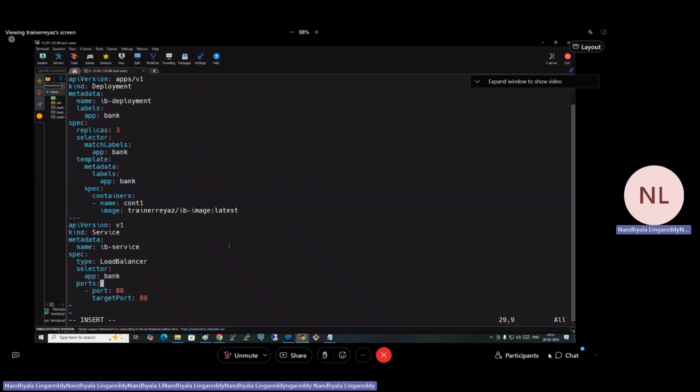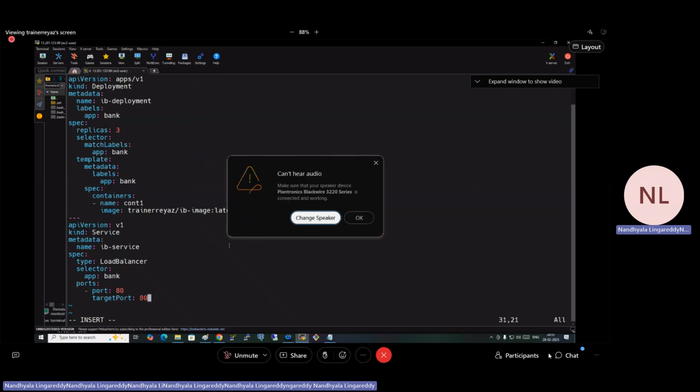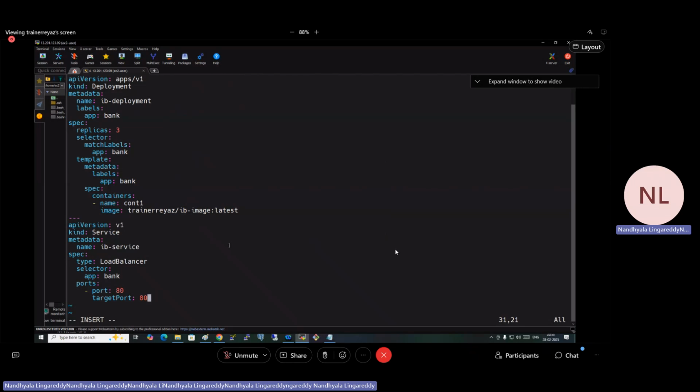I told you guys, you can use the port and target port 80, and you can also have a node port, but it's not mandatory. When you select load balancer, AWS will automatically generate the node ports. Load balancer is a high level of automation. If you want to put a node port also, you can. See, I'm putting node port also.